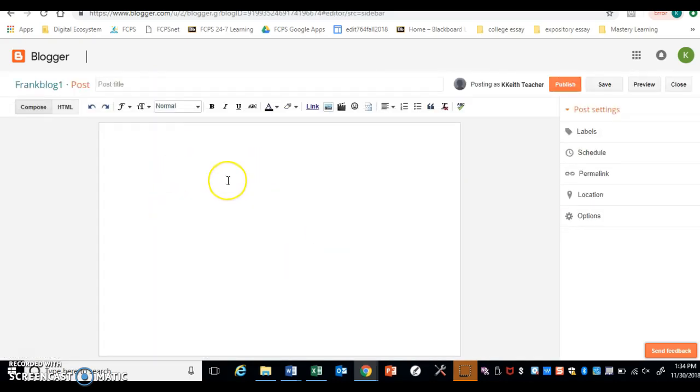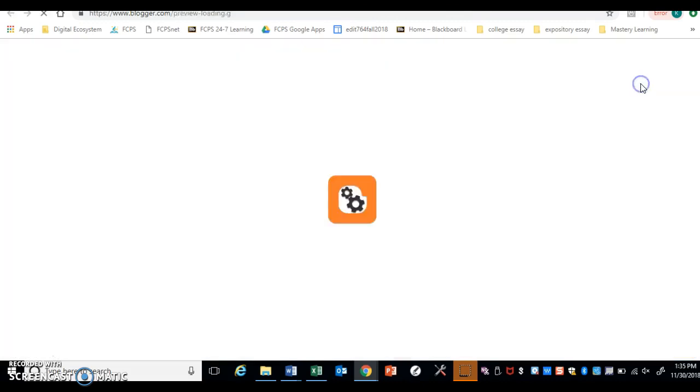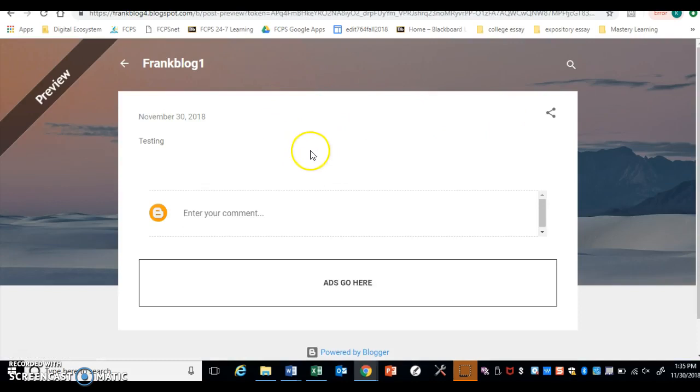Okay, so I know that this looks like a blank screen, but this is where you will type your blog text. You can add pictures, videos, links, emoticons, change the text color, use text background color, change the font, etc. But this is where you will type your page. If you go to the preview, you will see that it will show up on the actual